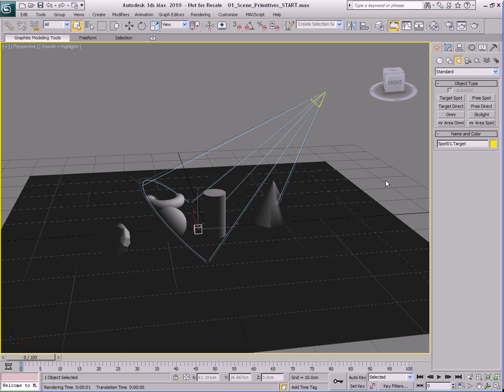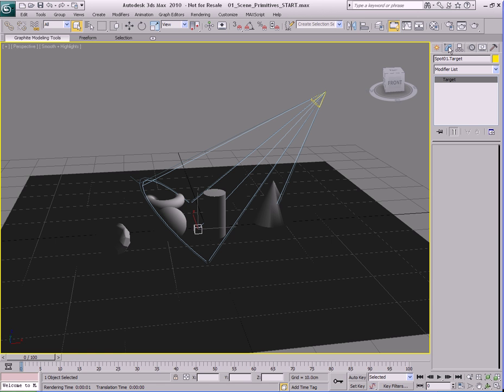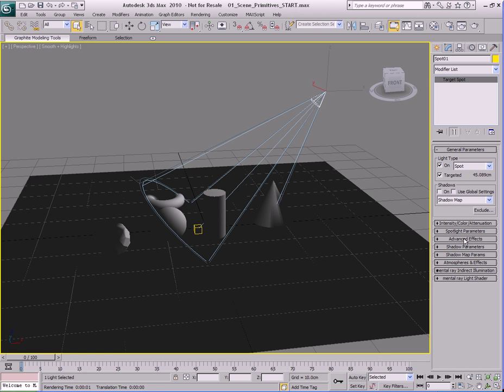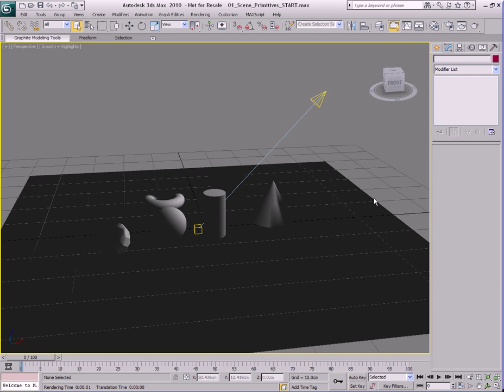Well, we can control our light parameters here from the command panel. The command panel is this entire section here on the right. In the command panel, we can go ahead and click on the second button here, which is the modify button or modify tab. Okay, let's select the light. When we select the light, now we can see we have a whole bunch of different parameter rollouts and parameters active here in the command panel. In order to not deselect this light accidentally like this, just by clicking on